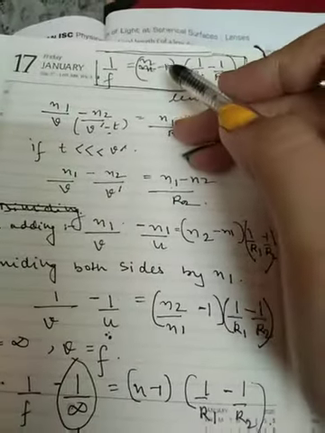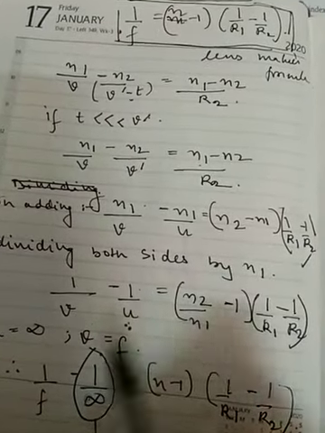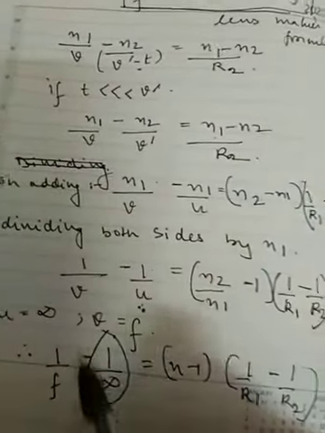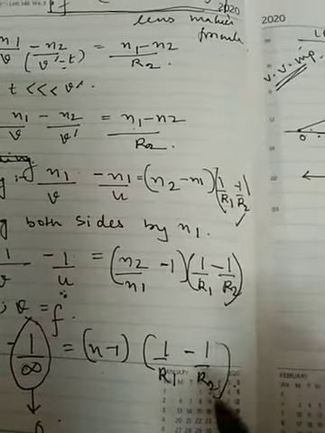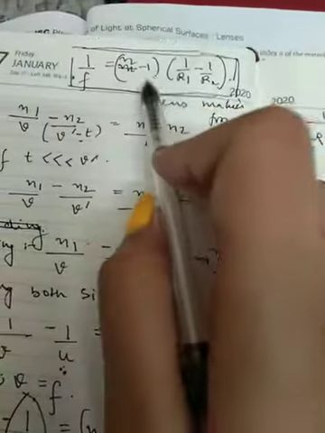See, this formula and this formula have come together. When we follow the process, the result comes out flowingly. When the object is at infinity, obviously the image will be formed at focus, as we learned through the previous diagrams. So 1 by f minus 0 is equal to n minus 1 into 1 by r1 minus 1 by r2. This is the lens maker's formula. Is it clear? Thank you so much.